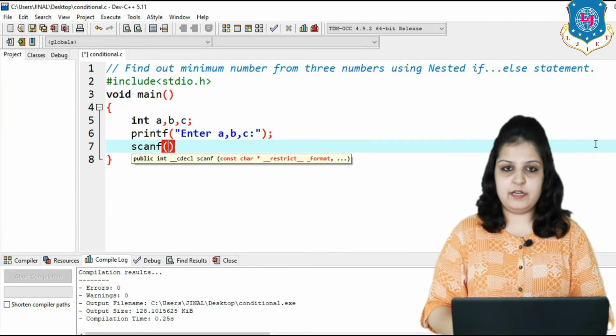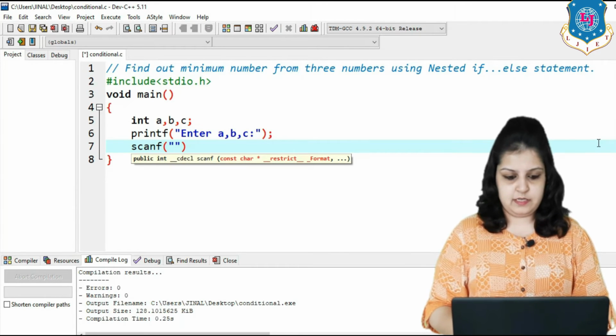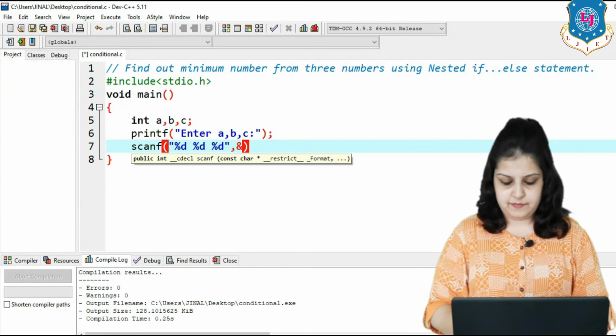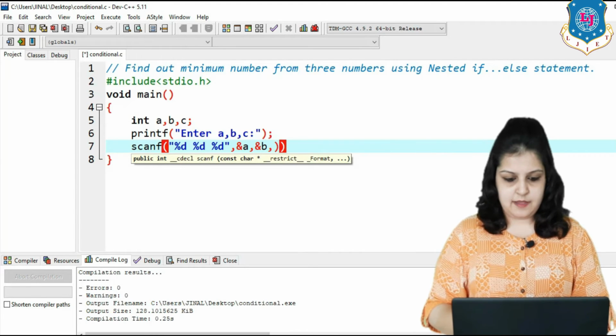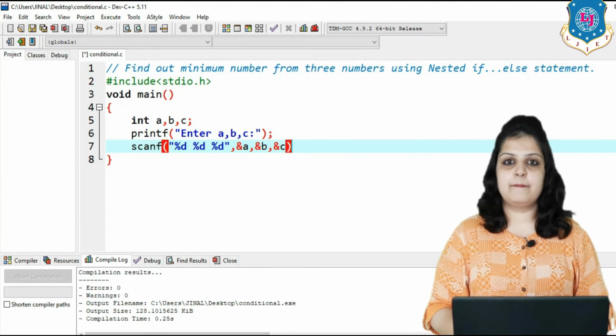In scanf write %d 3 times, first for a, second for b and third for c, and after a comma write the 3 variables: ampersand a, ampersand b, ampersand c.